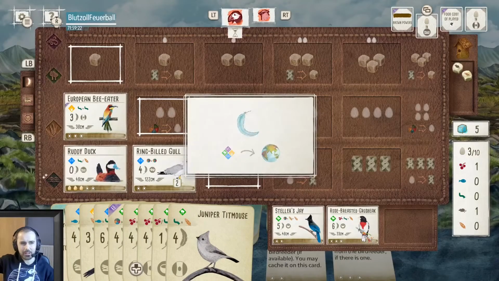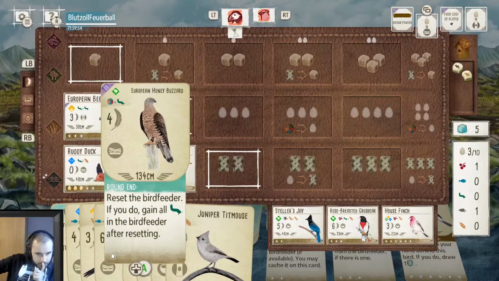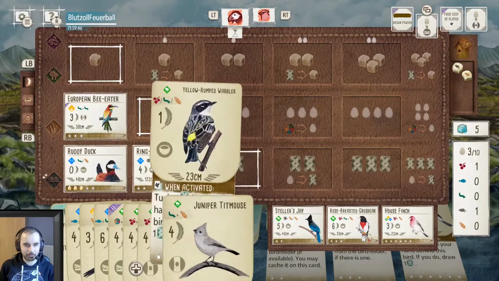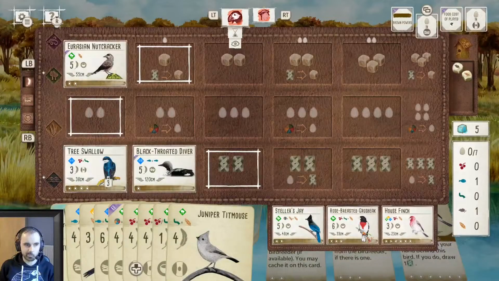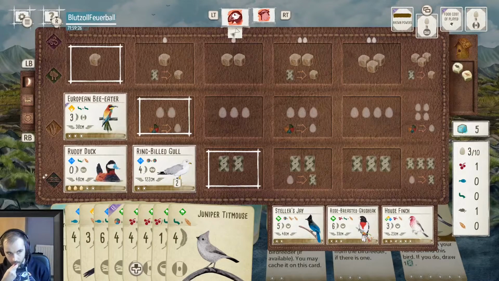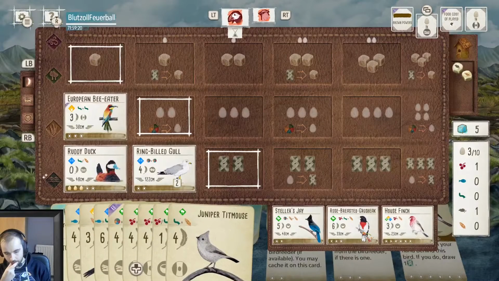Oh, maybe I should have kept that for Wetland Scientist. I probably should have got rid of the buzzard. Oh, now House Finch. Now House Finch comes up. This is tricky. This is a tricky spot right here. I think they have to take that house finch. It's not really a debate for me. Do they have... Oh, they do have cavity space. That's going to be annoying if I go for the woodpecker, but...